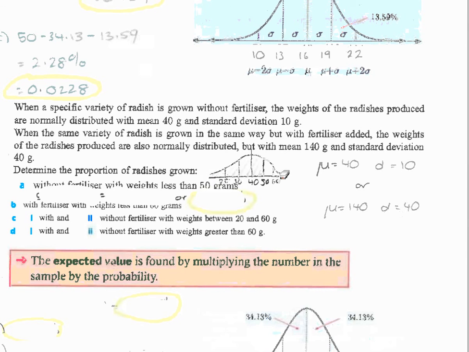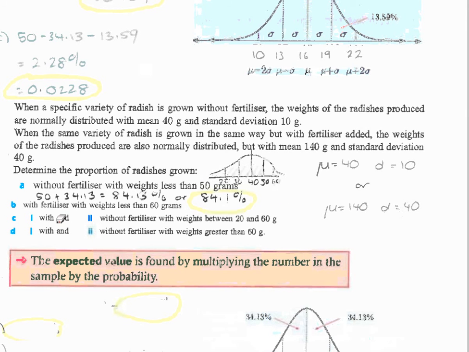So less than 50 grams will be 50% below the mean, plus this percentage here, 34.13. So 50 plus 34.13, they want to know the proportion. 84.13% is the proportion. I just put it in as a percentage, but I rounded to 3 sig figs. You could have also said 0.841 is also okay, but I'd put them in as percentages because they didn't say probability or percentage, so either one's okay. Now determine the proportion of radishes grown with fertilizer, so with this mean and this standard deviation this time,